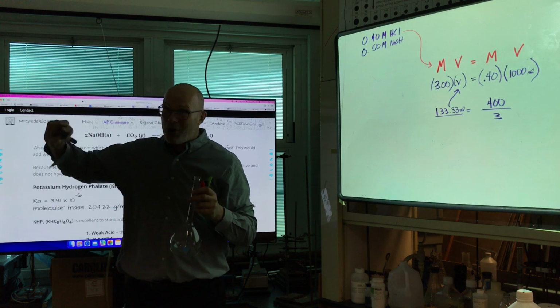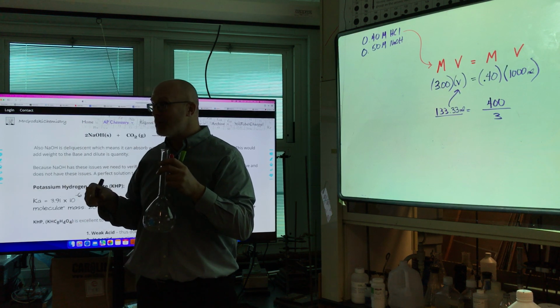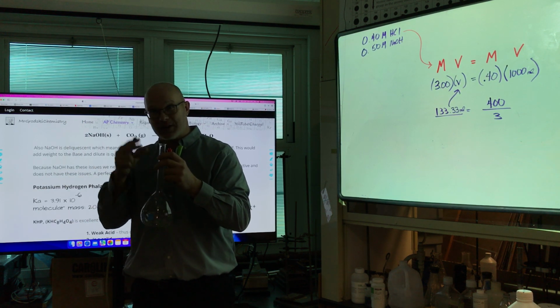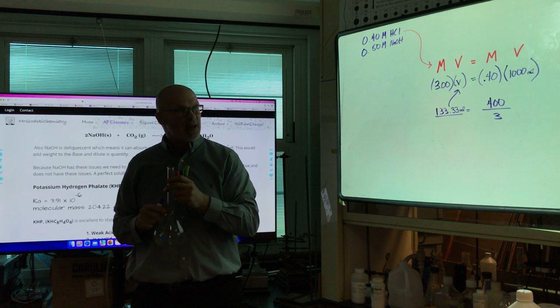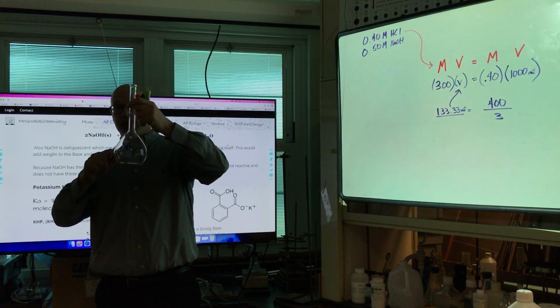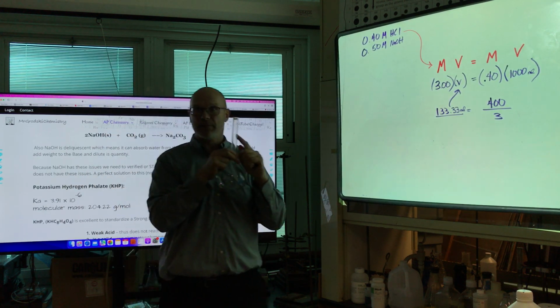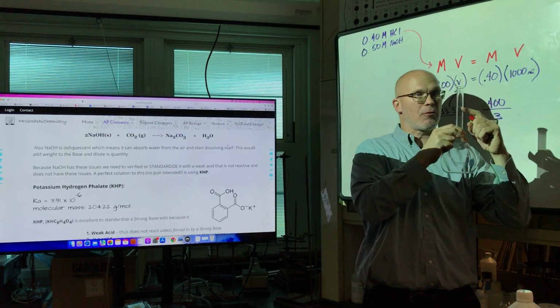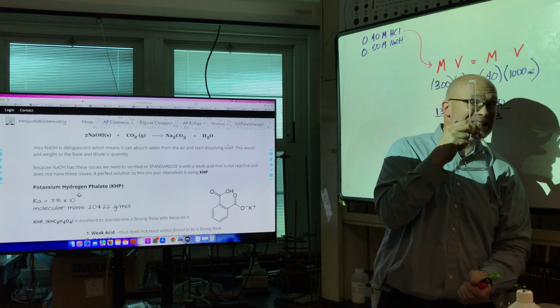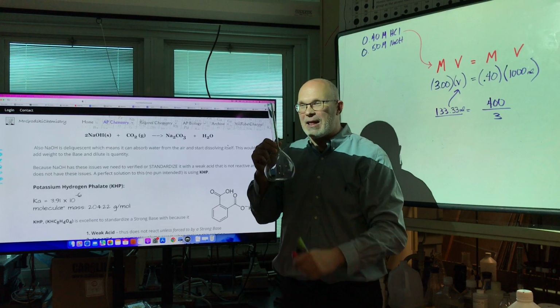So I would add water to it and then put this in here to make sure that all the remnants off the glassware I use to measure are now in here. And then I dilute to what? I've got to dilute to the 1,000 milliliter mark, which is this little tiny gray line. I got to carefully, painstakingly make sure that it's just on that line,